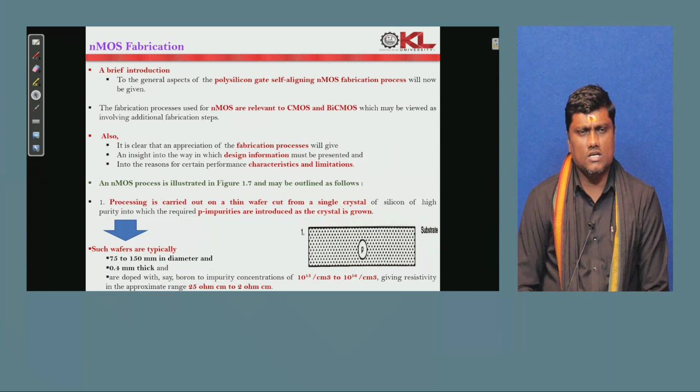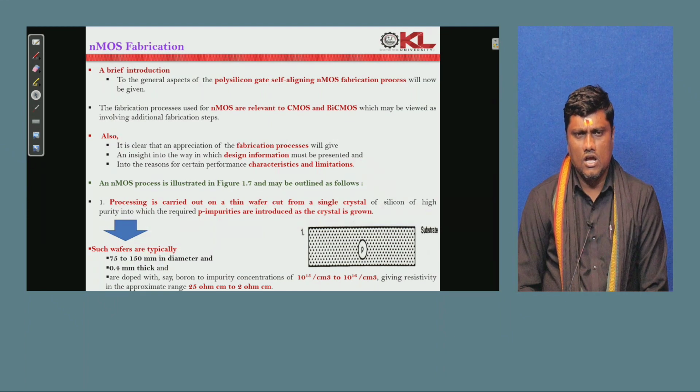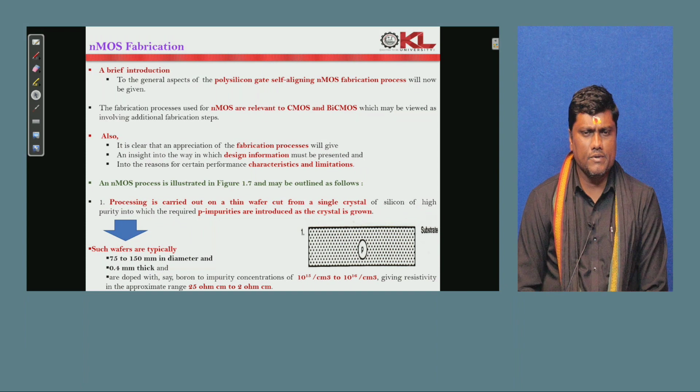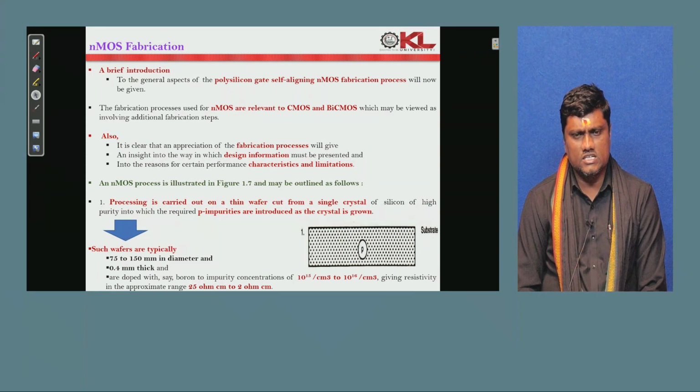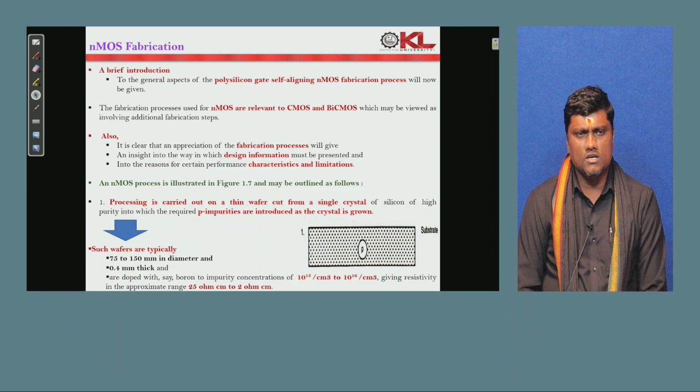Usually, the general aspects of the polysilicon gate aligned NMOS fabrication start from the fabrication flow. An appreciation of the fabrication flow always gives an insight into the way in which the design information must be presented, and also into the reasons for certain performance characteristics and limitations. So, let us see the number of steps involved in the complete fabrication process flow of the